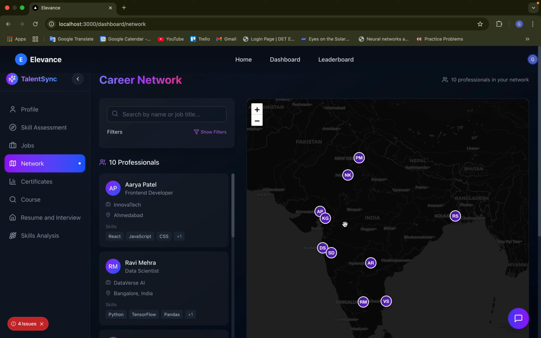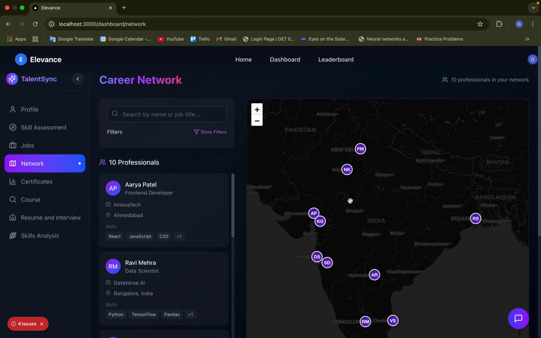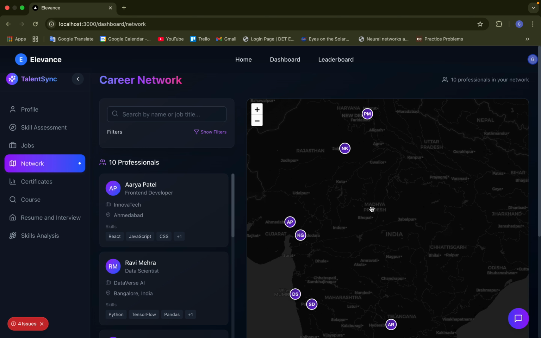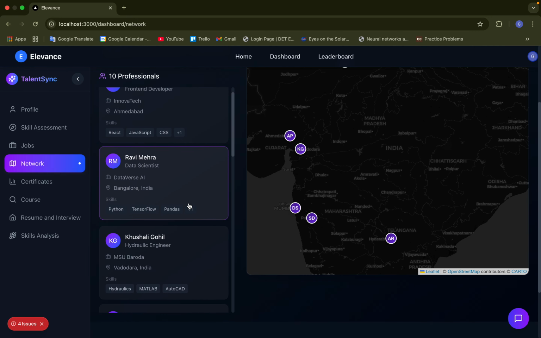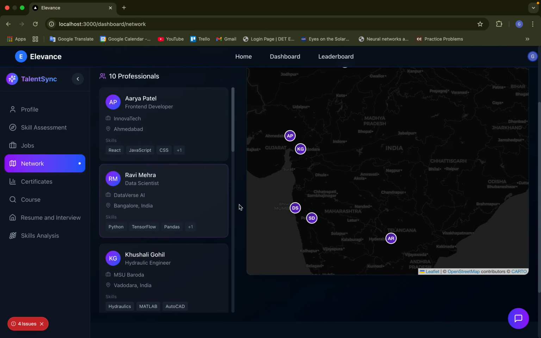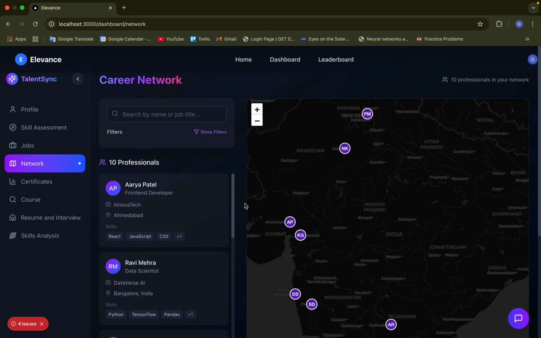Then comes the networking, because as it was listed, networking is very important in this field. So here we provide the users that use our project, our website, that is Elevance, and it tracks each and every user that uses it through this geographical map. It also provides some of the best fits to make a connection with the users, and we have also provided the filters, right? So according to that filter,